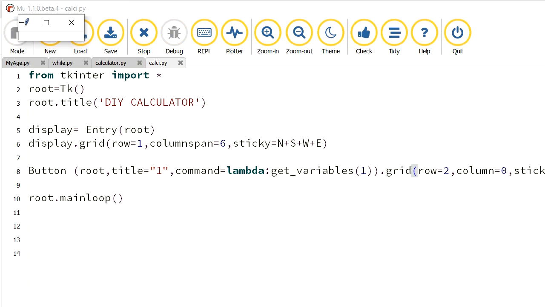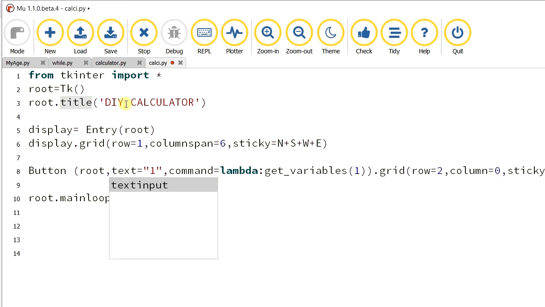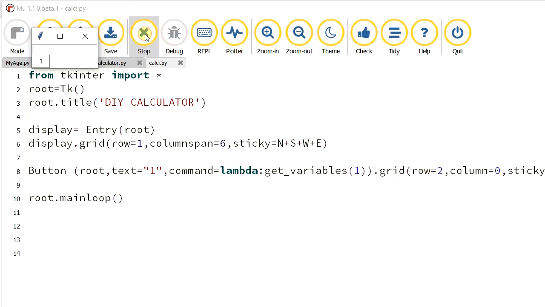There is an error. So title is the error, I think. Yes, title is the error. Title is not there. We have to give text. Sorry, we have to give text input. So text, the text that is written on the button. Title is used elsewhere, we are giving it for the data. Okay, I just got confused, that's why. Okay, see the first button 1 is here.